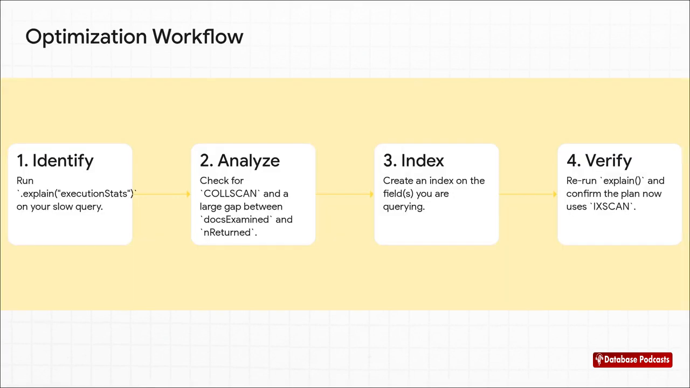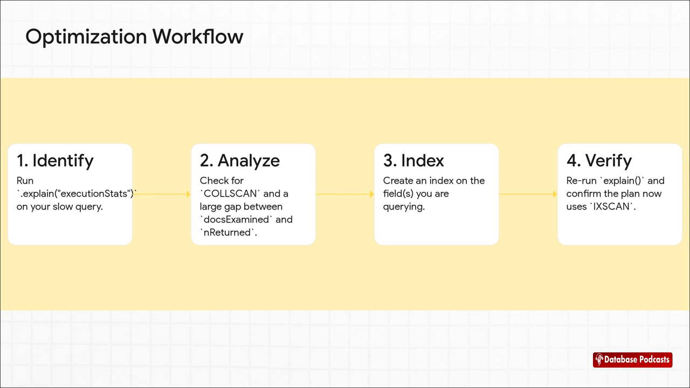And this all boils down to a super simple 4-step playbook that you can use every time. Step 1. Identify the slow query and run .explain with executionStats. Step 2. Analyze the results. You're looking for 2 things, that COLLSCAN stage and that huge gap between docs examined and docs returned. Step 3. Index. Create an index on whatever field you're searching on. And the crucial last step, Step 4. Verify. Run .explain again and prove to yourself that the plan now uses IXSCAN and that your docs examined number